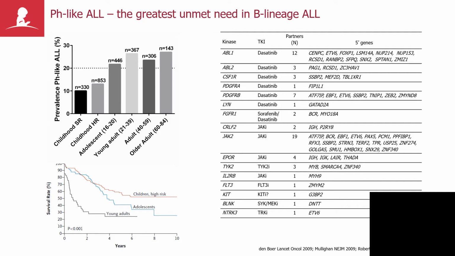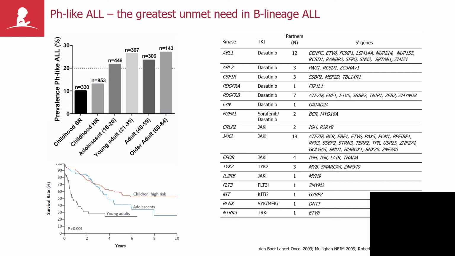A very large number of studies now have consistently shown that, firstly, this form of leukemia is very common. It rises to over 20% in adolescence and remains at that prevalence right across the age spectrum. It's universally associated with high-risk features such as high rates of minimal residual disease or poor outcome. And it's also exceedingly genetically diverse, and this diversity continues to grow, where there are now over 16 different cytokine